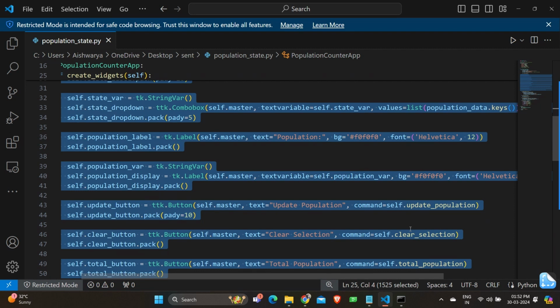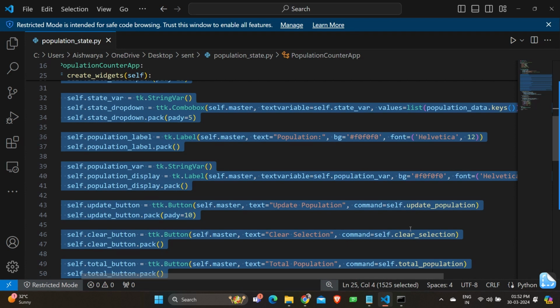This line creates a button widget, self.update_button, with the text Update Population and a command equal to self.update_population that specifies the method to be called when the button is clicked. And we have self.update_button.pack(pady=10). This line uses the pack geometry manager to place the self.update_button widget in the main window with some